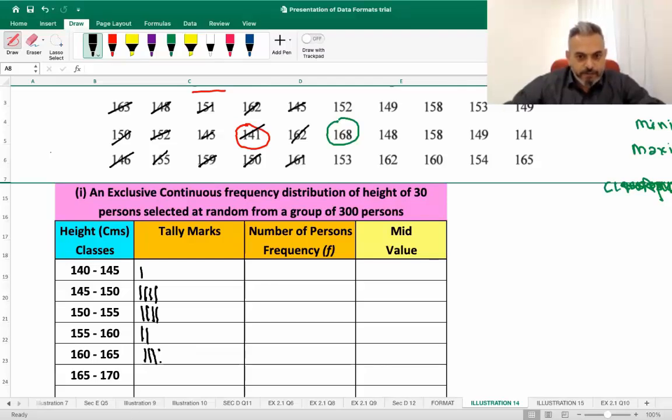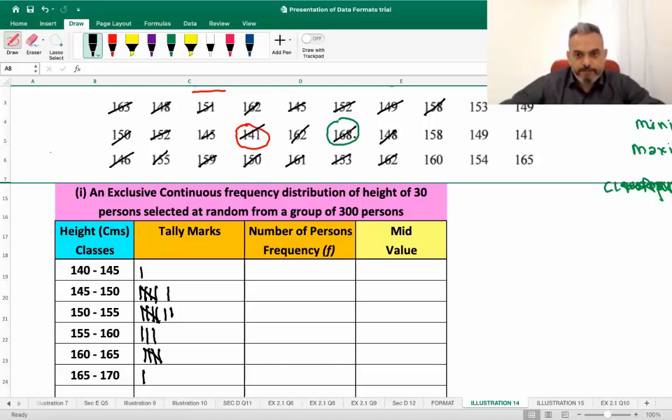161, 160 to 165. 152, 150 to 155. 168, 165 to 170. 153, 150 to 155. 149, 145 to 150. 148, 145 to 150. 162, 160 to 165. 158,